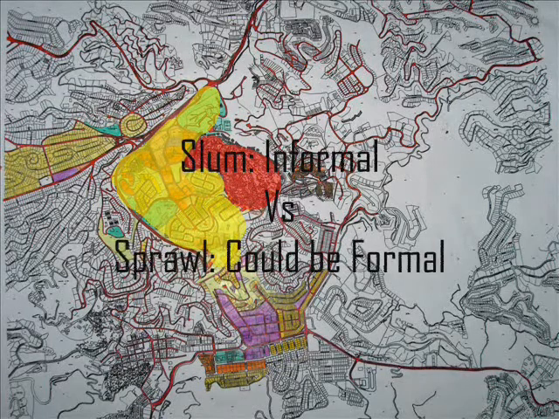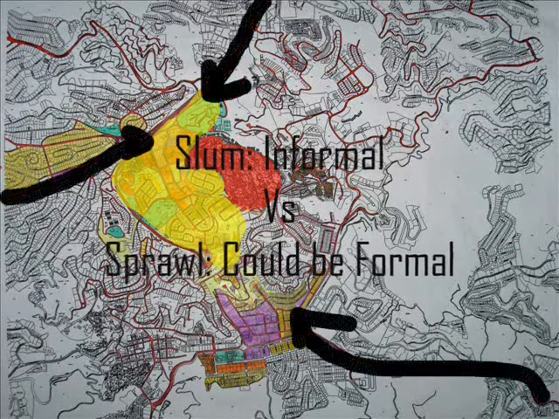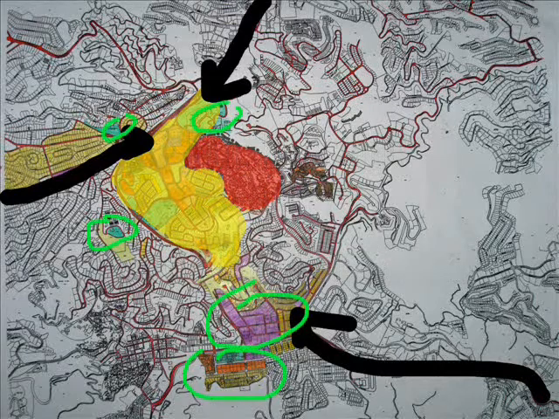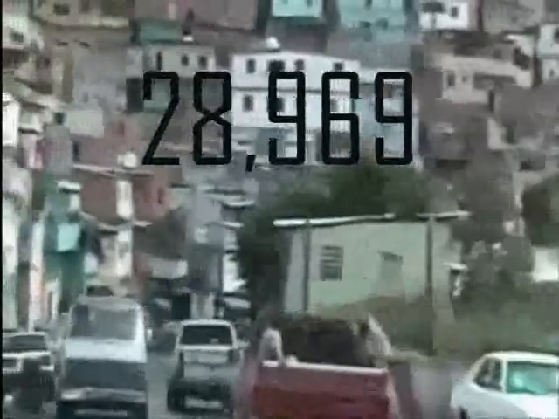Some of the reasons, like the access to commercial and industrial areas and the fact that formal urbanizations were already placed there, made things favorable for homeless people to start a new life. Then the sprawling got bigger, and so grew the difficulty for the government to relocate such quantity of people. Remember that we are talking about 28,969 inhabitants.